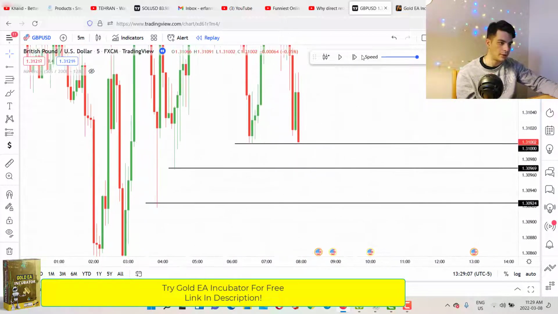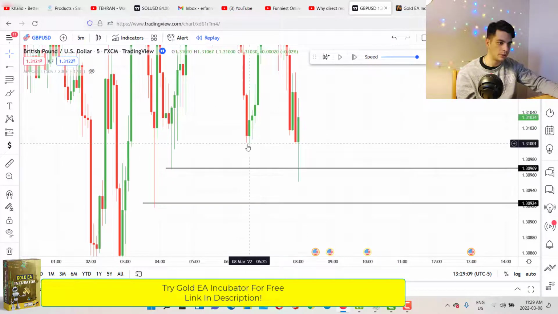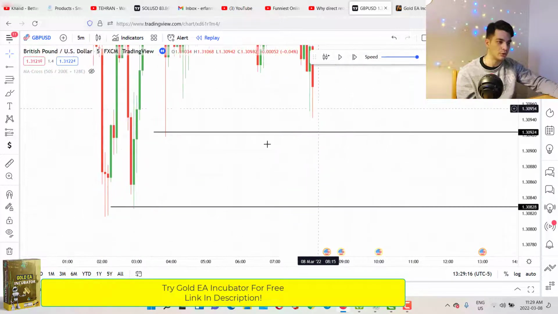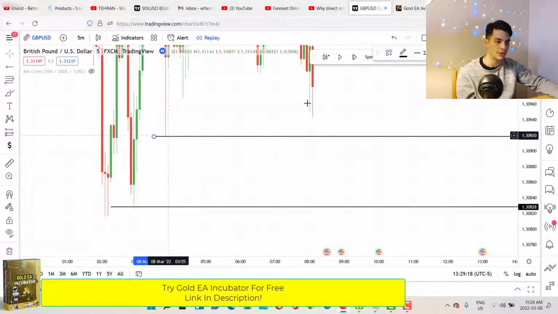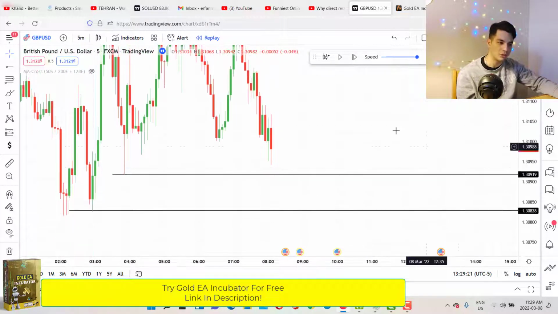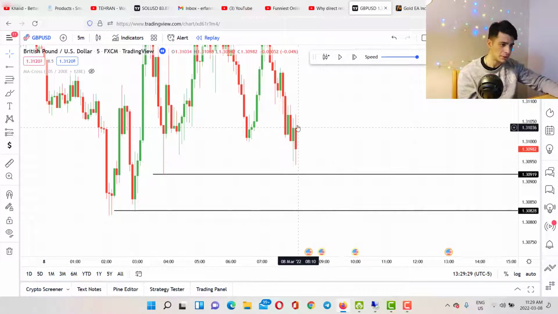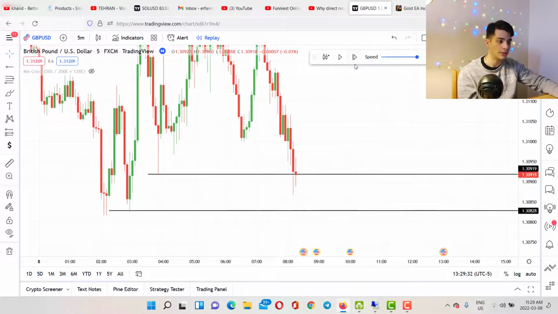We literally have this one after this candle. It grabbed the liquidity here. It grabbed the liquidity here with this wick. And then after that, we had another drop significantly that closed below the previous candle. So it means that it's targeting the next level, which is this one. So I personally never trade in the middle of the trend, especially when we don't have any clear setup for supply and demand or Fibonacci level. But I'm saying that it probably comes down to this level to grab the liquidity here as well, which it did,